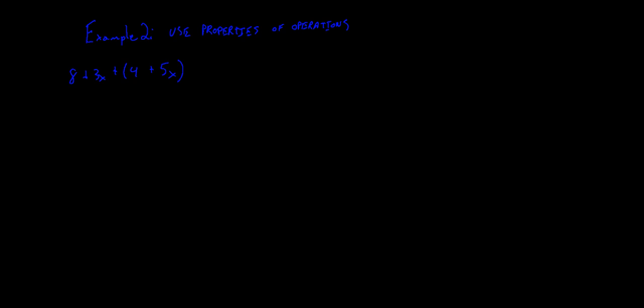In other words, what this means is we need to state what property we are using to do what we've done. The order of these steps can change, so don't think that just because you don't have exactly the steps that we have here, as long as you have a valid justification for each step, you should be fine. And if you come up with a different solution to this and you have a question, ask your instructor. So with 8 plus 3x plus parentheses 4 plus 5x, the sum of 4 plus 5x,